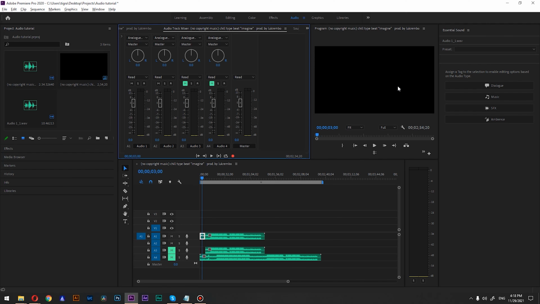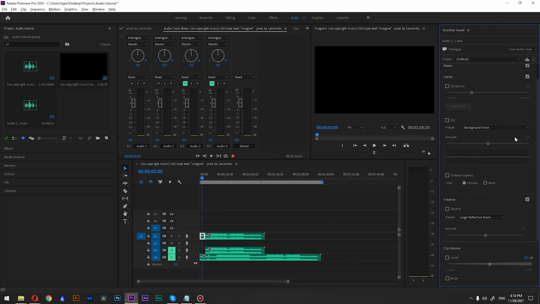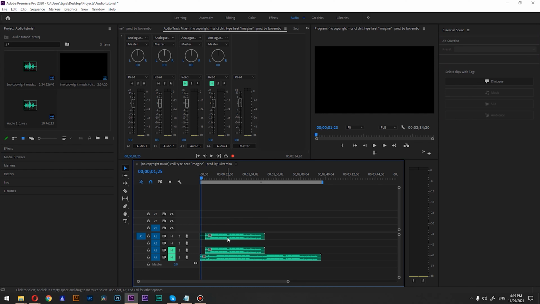And there's another method that I don't use personally because I find it kind of annoying. It's about these tags. I can assign a tag to my audio. Let's assign dialogue to my audio, and I can go down. You can see this mute. If I click this, it is muted, and you can see that it is deactivated.